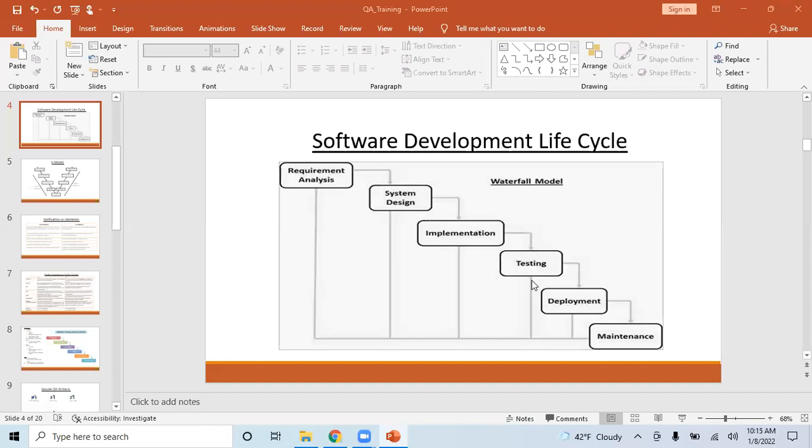There will be daily stand-up calls. In the stand-up calls, the developer discusses what he is developing, testers will be listening to it, and business analysts will be there in the call, right?